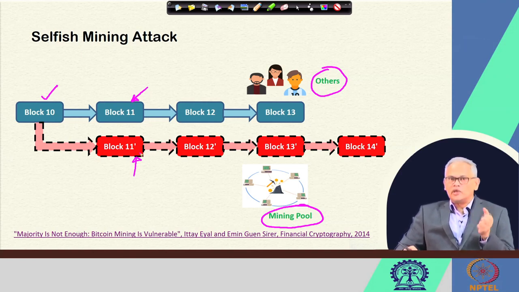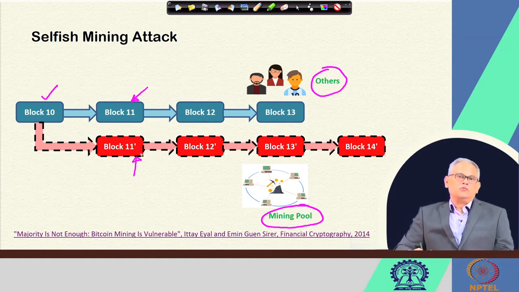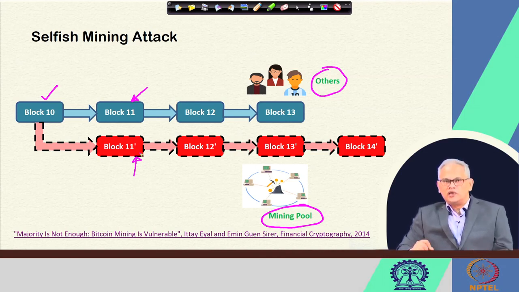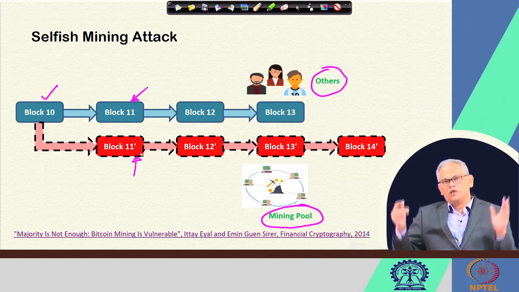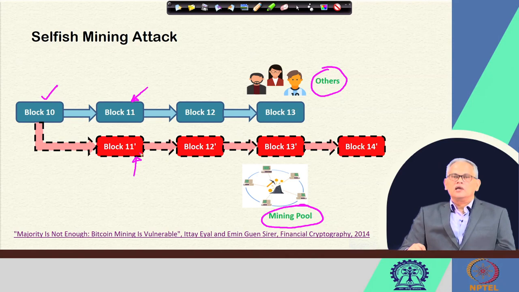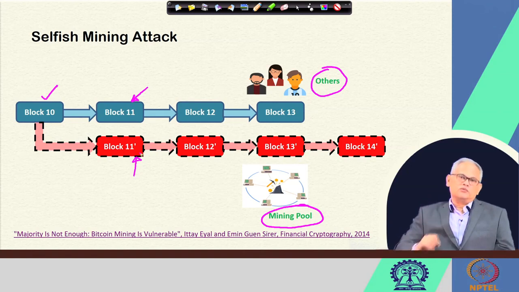But we will see that that is the whole point: the attackers will be using this concept that they can create the blocks, but still keep them private until the time when they feel it is worth publishing them. That is what this selfish mining attack is all about. It is actually mining selfishly, trying to ensure that the others who are giving honest effort might initially find that they are adding blocks to the chain, but later the attacker will publish a number of blocks together, and as a result the attacker's chain will be the longest chain. That is the target of the attacker.